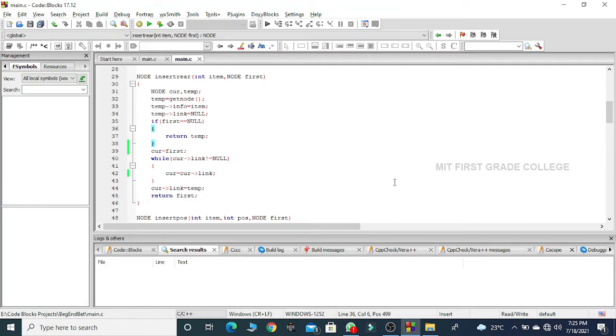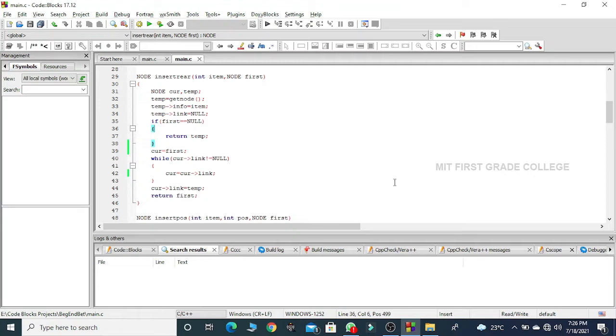Now, while current's link part is not equal to null, I keep on assigning the address of the next node to current. So current's link part will hold the address of the next node that I am going to assign to current. So now current will hold the address of the second node.